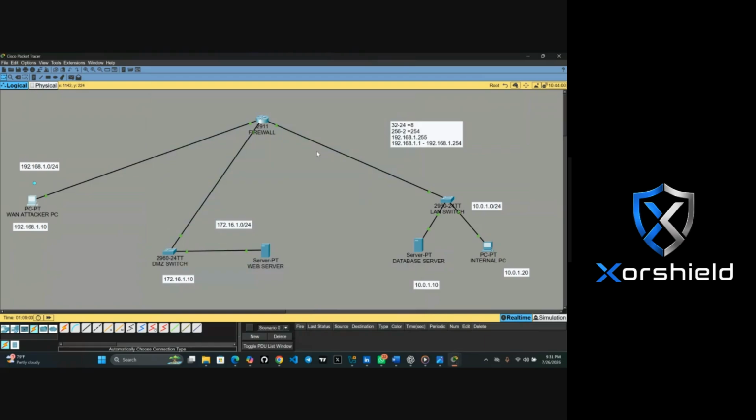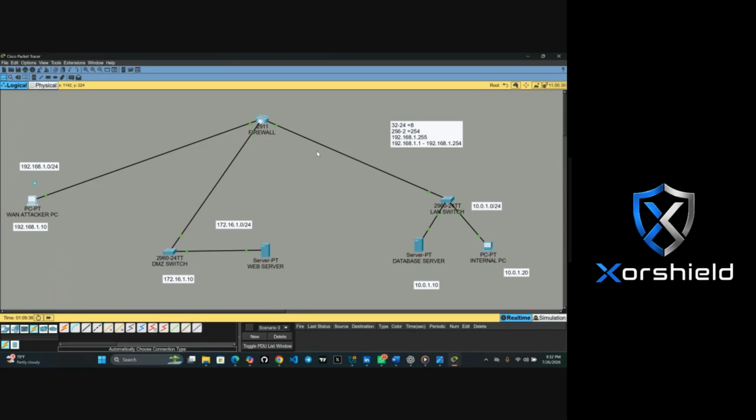That means everything we did in this topology setup, the firewall, everything is working perfectly. Meaning that we have blocked access from our attacker to our LAN area, which is working correctly. Because when we ping from the attacker PC to the database server, it's not working, right? But now, when we ping from our attacker PC to the web server, it is working because we allowed it.